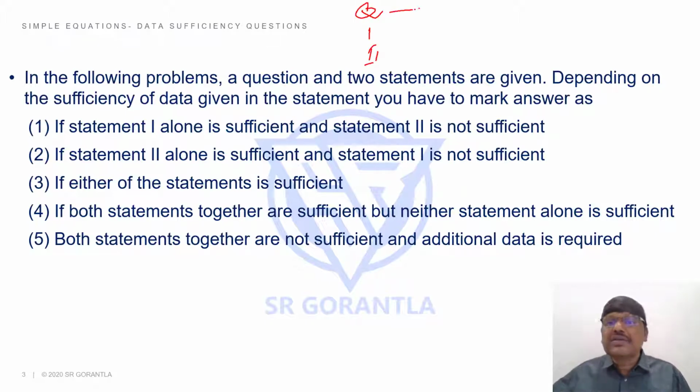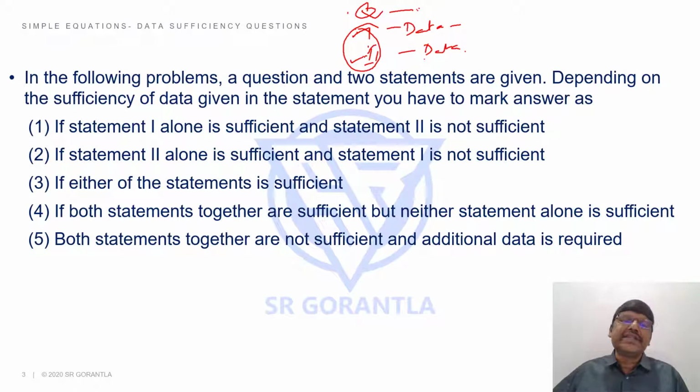Now to answer this question, you have to identify whether the data in statement 1 is sufficient or not, or the data in statement 2 is sufficient or not. Is it only statement 1 data? With the help of that, can I answer my question? Or no, 1 is not sufficient, but if you give me the data in statement 2, I can answer the question. Sometimes any one of them will be sufficient. Sometimes you'll say, no, neither of them is sufficient. If you give both these details, I can solve the problem. Sometimes even both these details are not sufficient. You need additional information. Like this, you have different cases in data sufficiency.